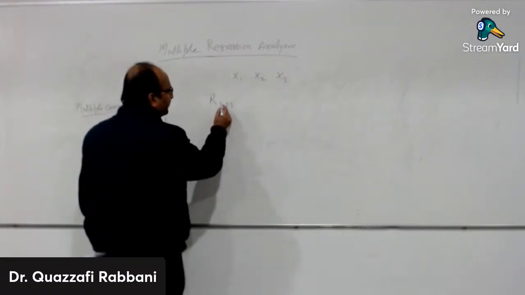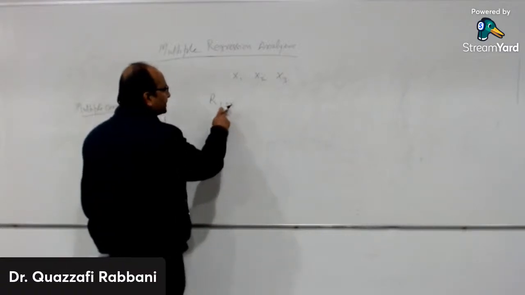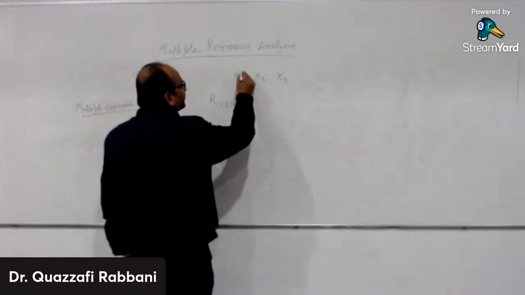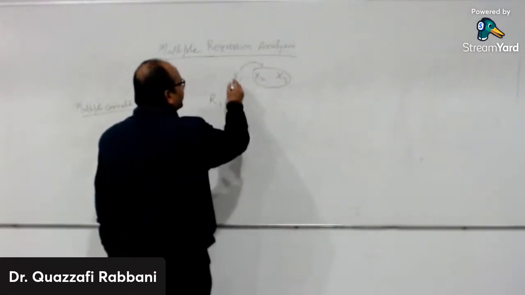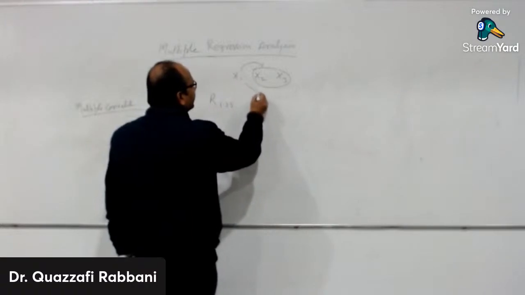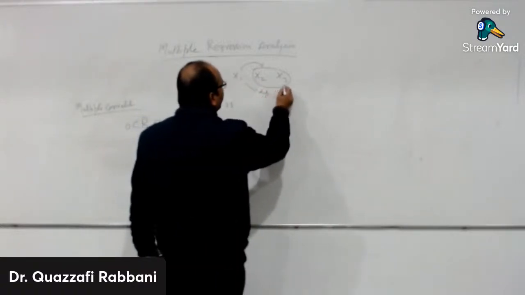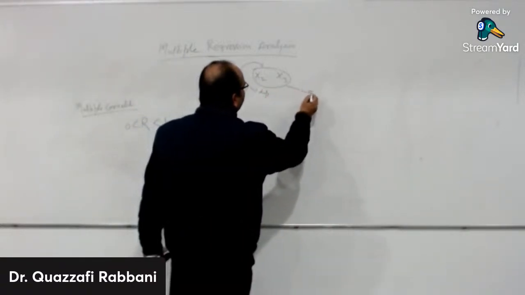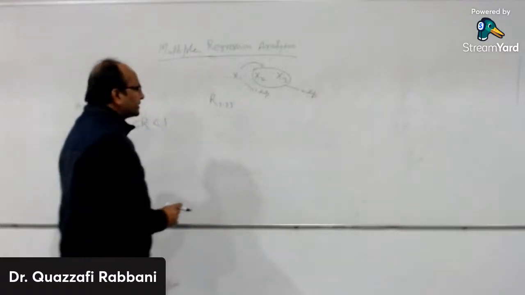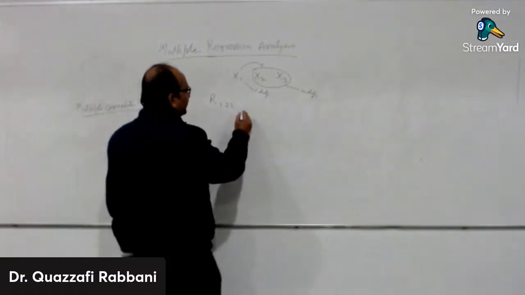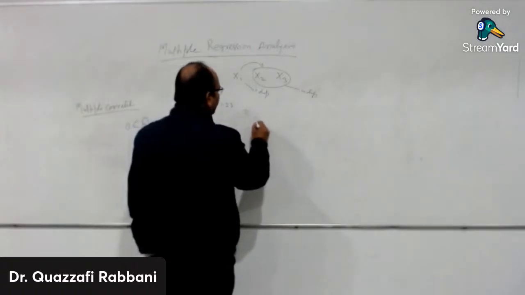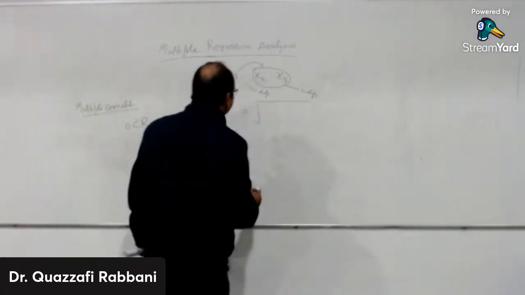So 1.23 means 1 depends on 2, 3. Here x1 is the dependent variable and x2, x3 are independent variables. So the notation is written as capital R 1.23, and this is nothing but a square root